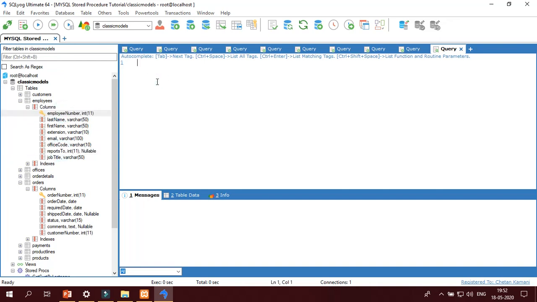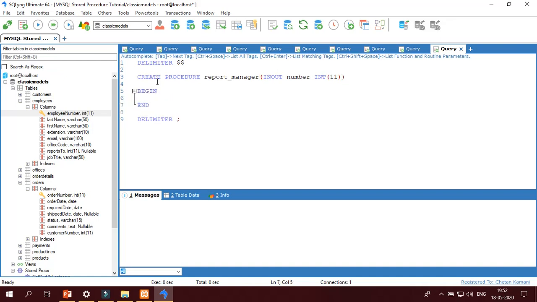So I'm going to create it. Delimiter $$, delimiter semicolon. Create procedure. What is the name of this procedure? Report manager. We have to specify the employee number as an IN parameter mode. Sorry, we will only use INOUT parameter mode: number int 11.